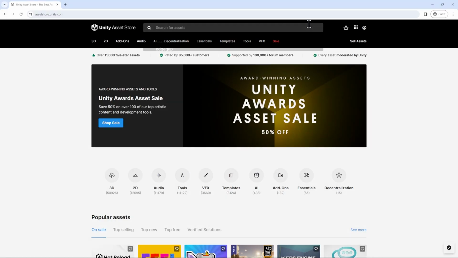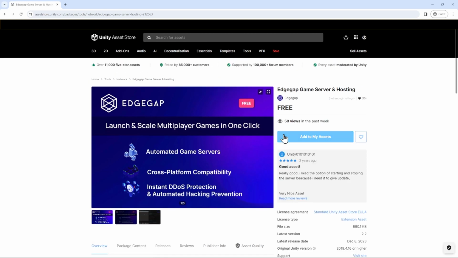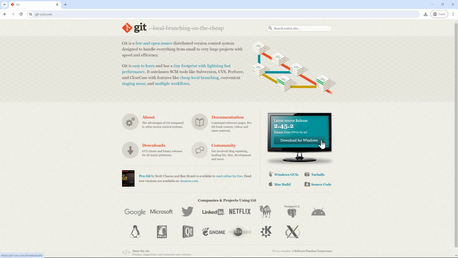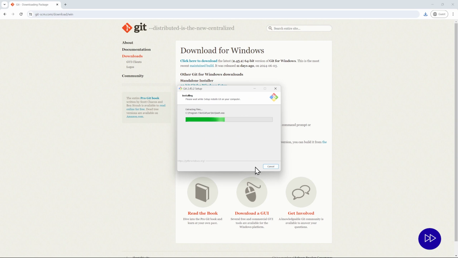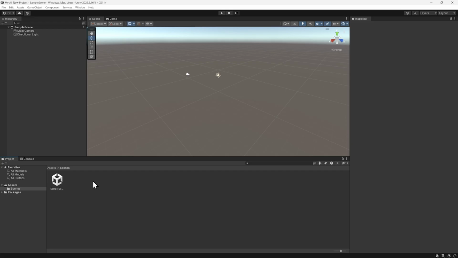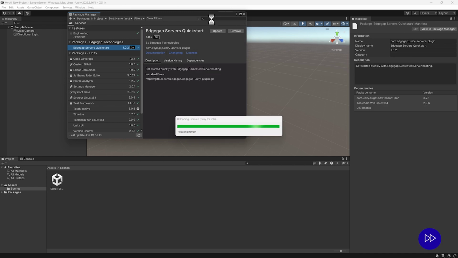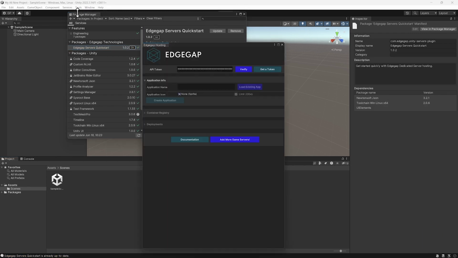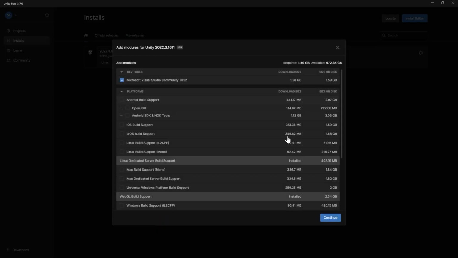Gabriel here from Edgegap. Our plugin is available in the Unity Asset Store, but new in 2024, a far easier way to add and keep Edgegap up to date directly from Unity's editor is by using the Git method. Simply download a Git package manager such as Git SCM. While it runs, in the Unity editor, select Window, then Package Manager. Click on the plus button and select Add Package from Git URL, then enter a URL such as github.com/edgegap/edgegap-unity-plugin.git.